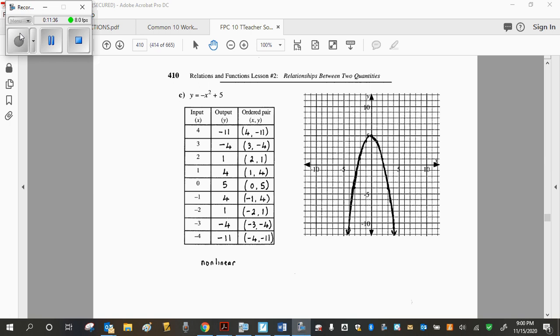Okay, let's see how you did. And I'm very interested in your negative values. Hopefully you got negative 4, 1, 4 for those guys. Again, I'm not going to write down the equation negative x squared, but for this one, negative 3, it's negative 3 squared plus 5. I didn't show any work here. That's what you punch into your calculator, and you get negative 4. If you didn't get it, write this down and punch it in your calculator to confirm instead of just writing down our answers. You need to know how to get this,